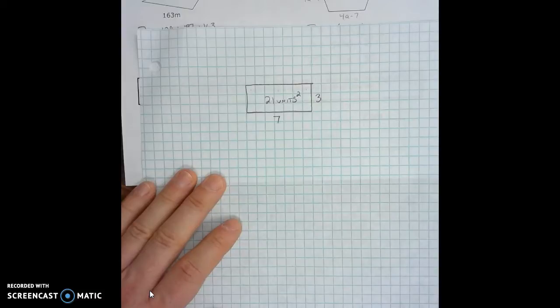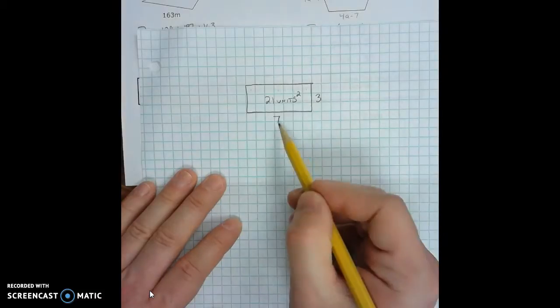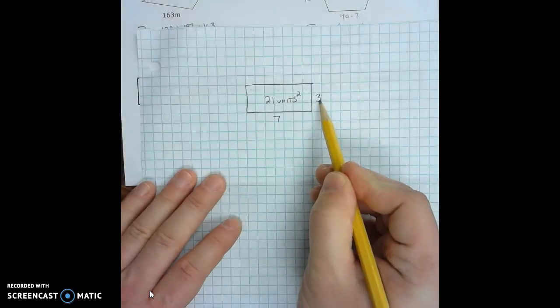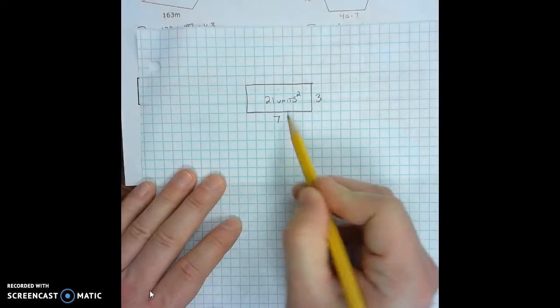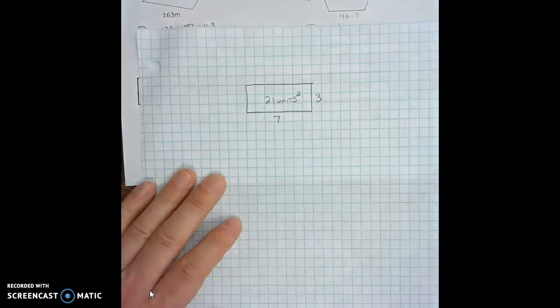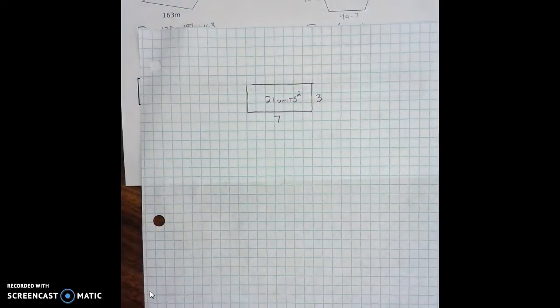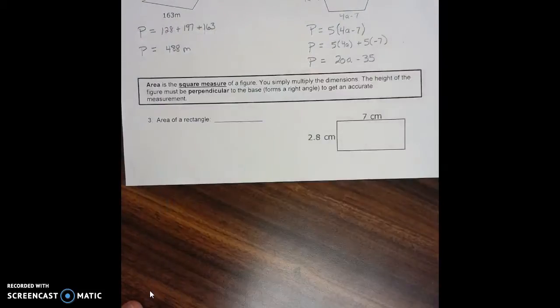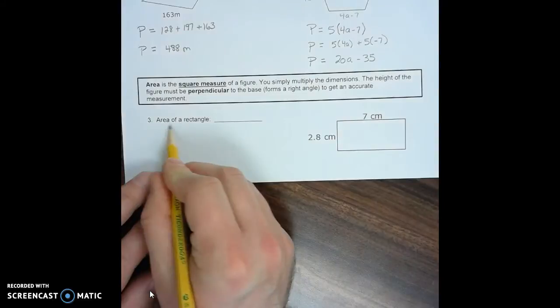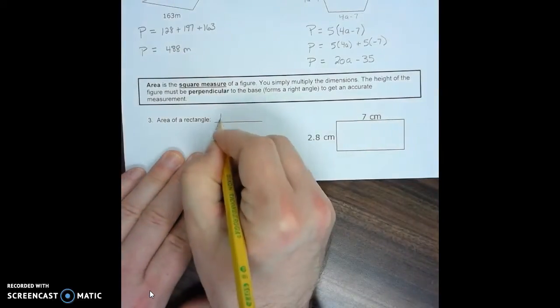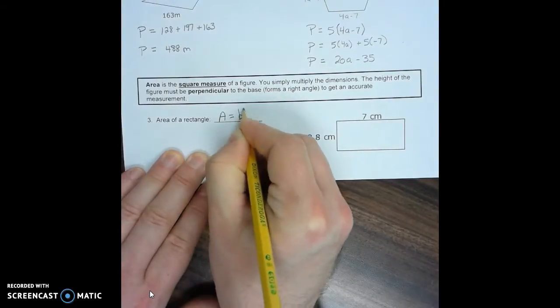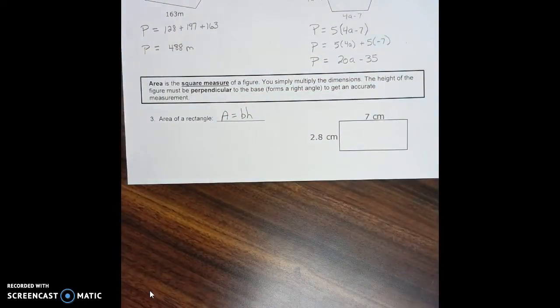And looking at this, I would think to myself, well, I had a base of 7 and a height of 3. I must have multiplied 7 by 3 in order to get those 21 square units. And in fact, that's what we would do for any rectangle that we have. In order to find the area of a rectangle, the area is going to equal the base times the height. If I know the base of the measurement and of the rectangle and the height, I can simply multiply those